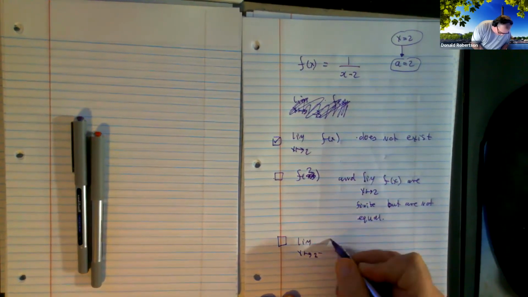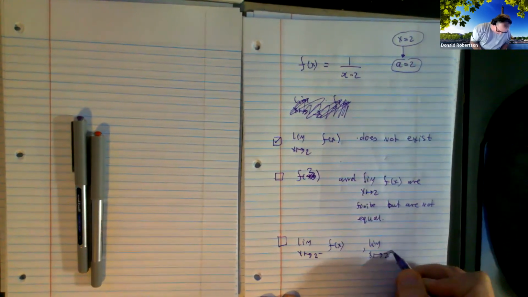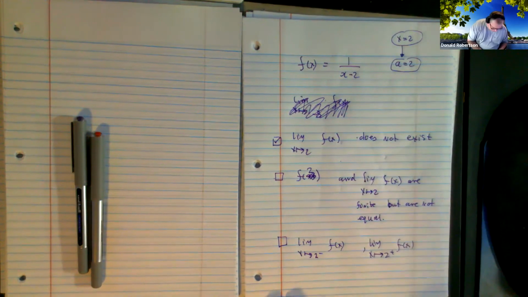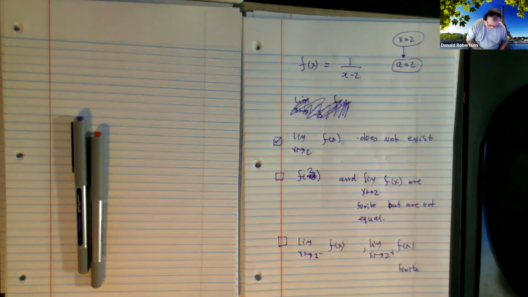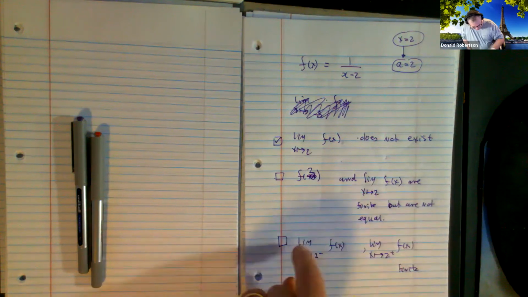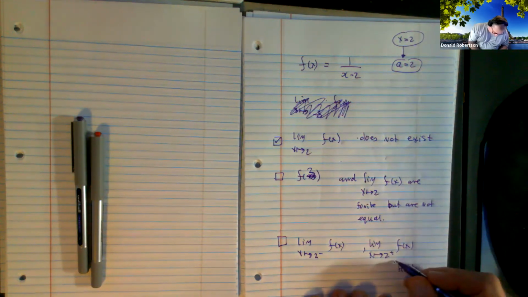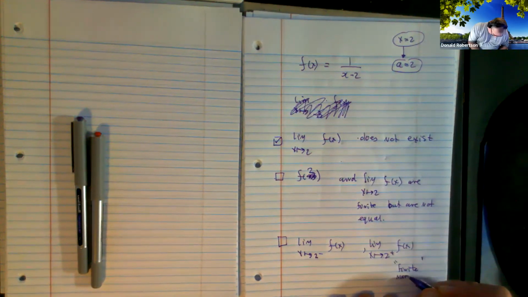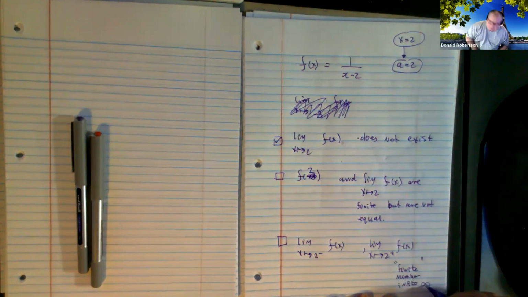Here they have a left and a right limit. And the question says that the left and right limits are finite, but they're not equal. Would you agree in this case they are definitely not finite? They're infinite, aren't they? Wouldn't one of them be plus infinity and the other negative infinity? But they're not numbers. Finite, when you see that word, means it's a real number. Infinite, right, is, you know, that guy.